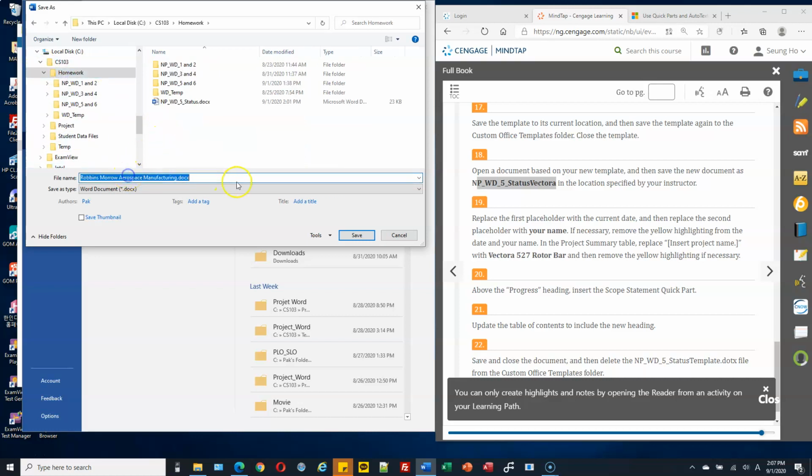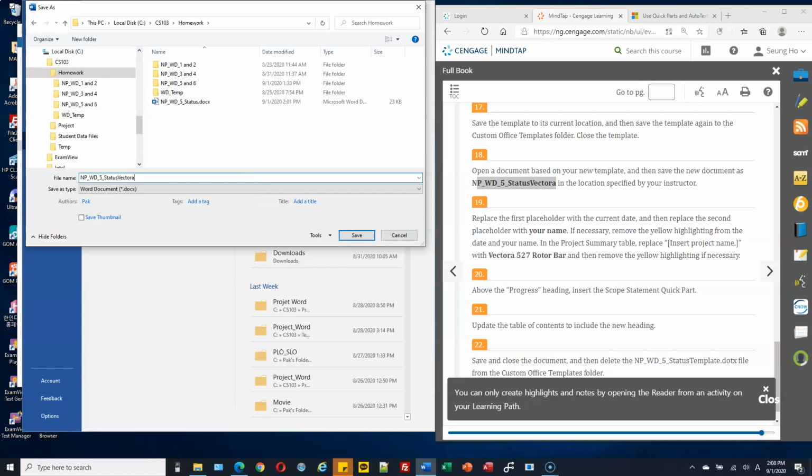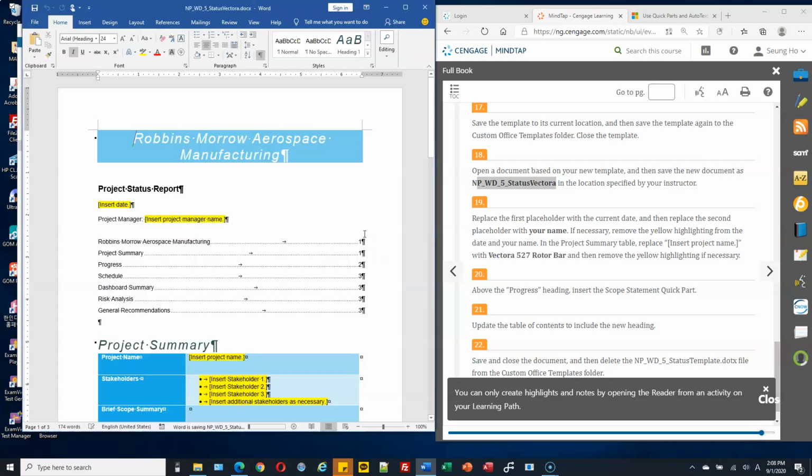Okay, and the file name is np_wd5_status_factora. Save. Okay, so now we converted the template to a Word document.